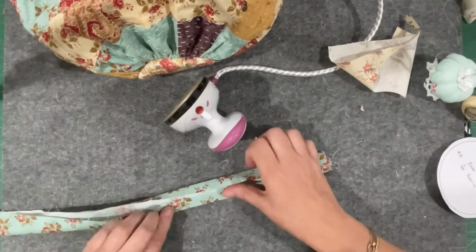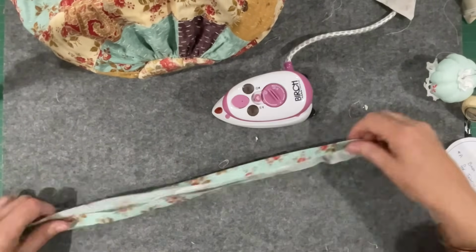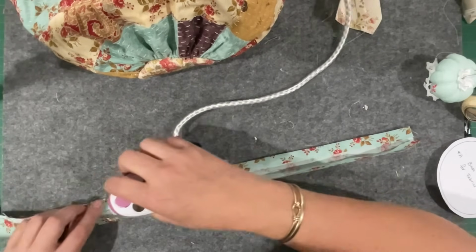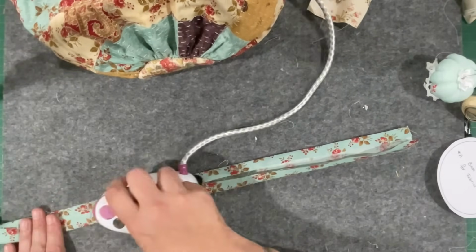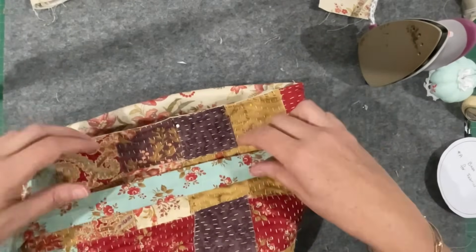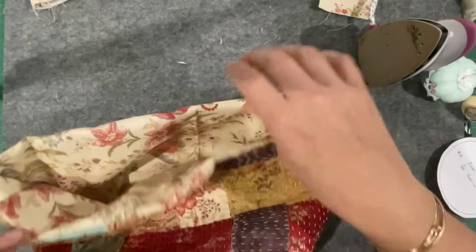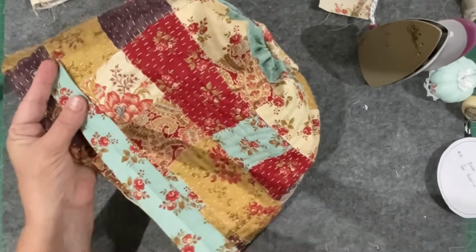I'm concerned that, so I'm pretty much creating a binding, a bias binding. Well, it's not cut on the bias. Let's pretend that it's a bias binding. By folding it with the iron, at least I can get a feel for its shape. And if that's the way we want to go, okay, so we would then find the side seam, which is somewhere. Where's the side seam? Doesn't really matter for purposes of demonstration, but in the same region as Susanna's side seams,